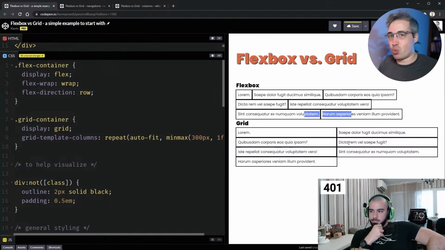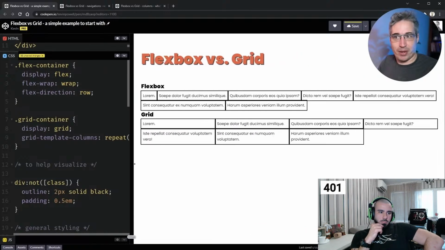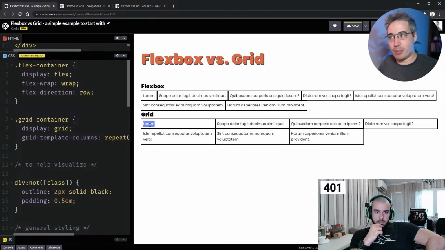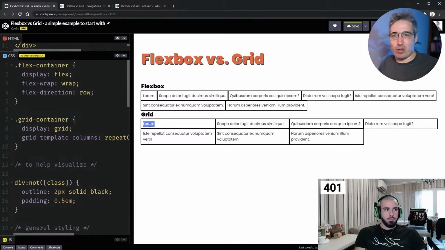Grid does not work that way. Grid is setting things up in a 2-dimensional grid. So the columns, they're locked in. This one only has this little short word in it, but that column is stretching to match the other columns around it. Or when we have 3, or when we have 4, the column in this row has to be the same as the column in this row. Now you can do things like span multiple columns, but it's still locked into a 2-dimensional grid, and you can't have these in-between column-y things. Rows also work this way, where you can't get these in-between-y row things like you might think of in a masonry layout,